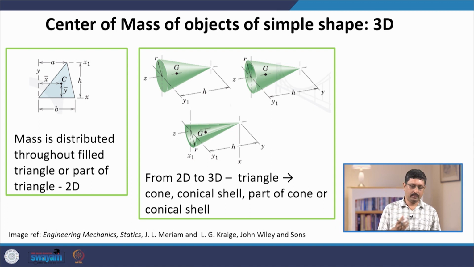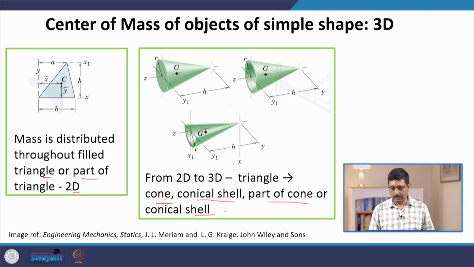Now, another example is a triangle. Another common shape in 2D is a triangle. You can take a mass which is distributed in a filled triangle or a part of a triangle in 2D, and then ask what the center of mass location will be. And from the triangle you can generate a 3-dimensional object of revolution, which is a cone, or it could be a conical shell or